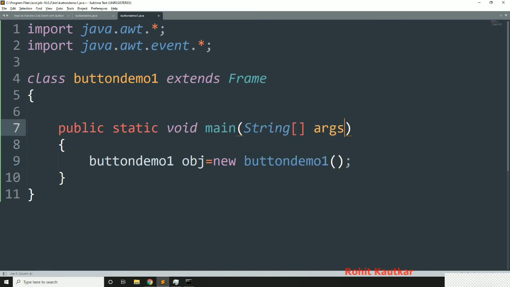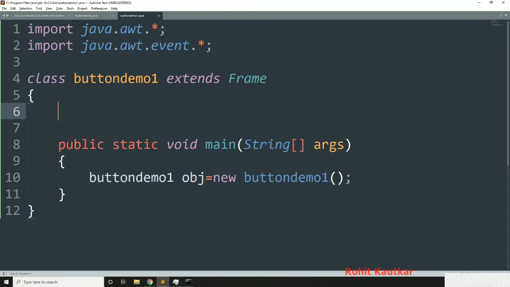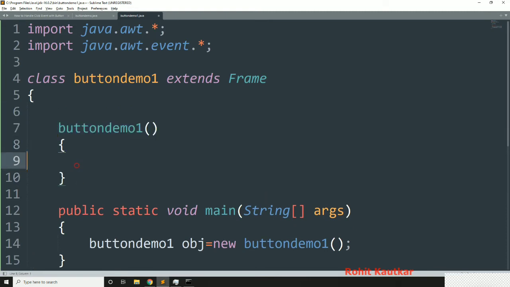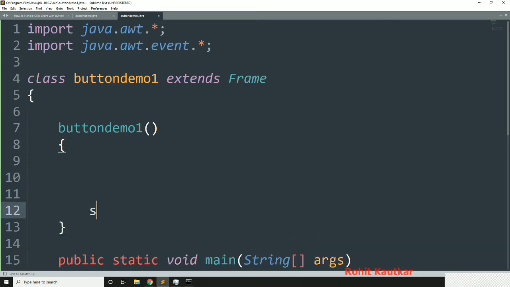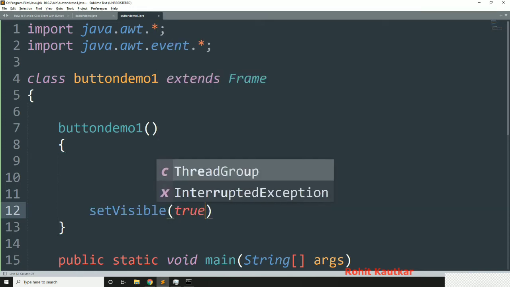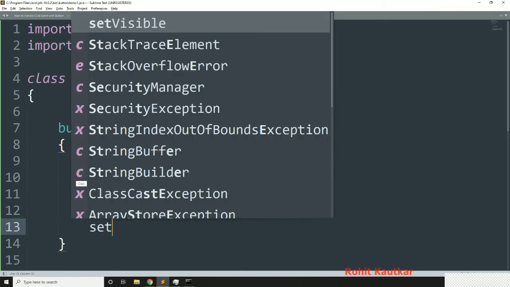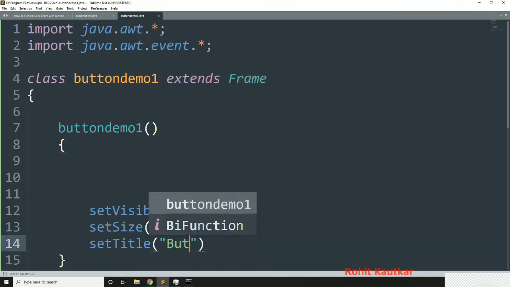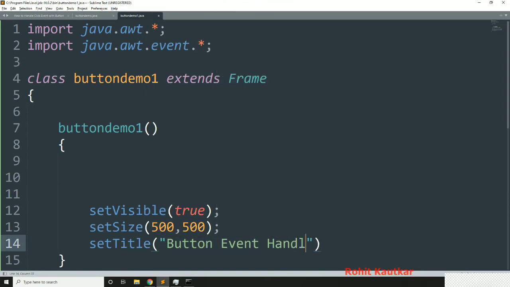Okay, now after this I will create the constructor ButtonDemo1, and now within this constructor we will set the properties. So setVisible, I will make it true. setSize, I will make it 500 by 500. setTitle, "button event handling".